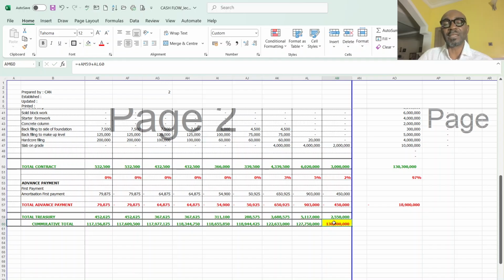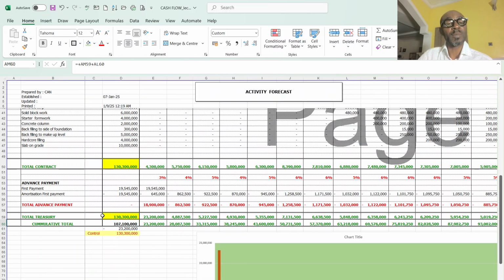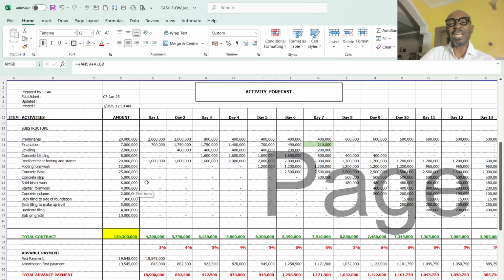Meaning that this rule serves as a check as well, to ensure that all my income will arrive at 130, which is the contract value. So having explained this table,